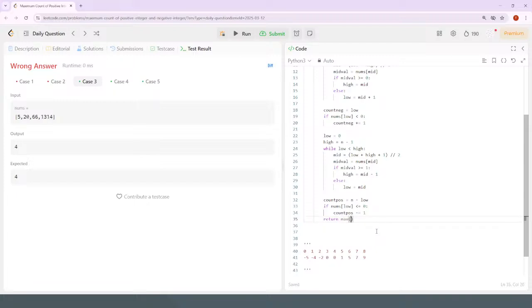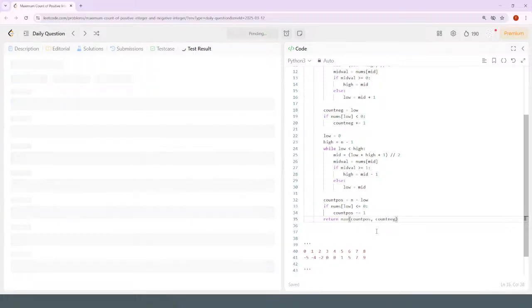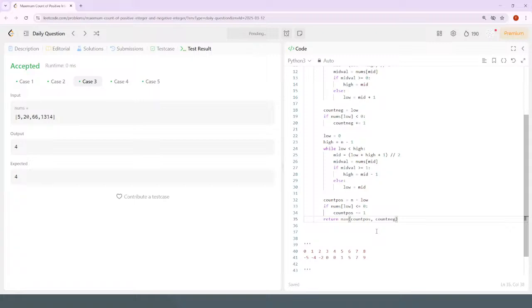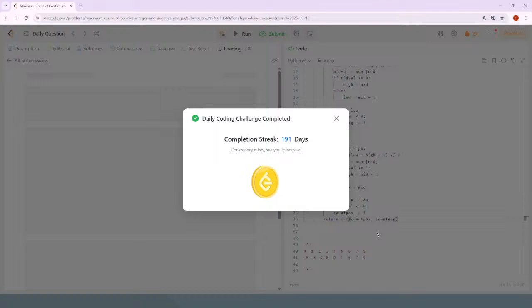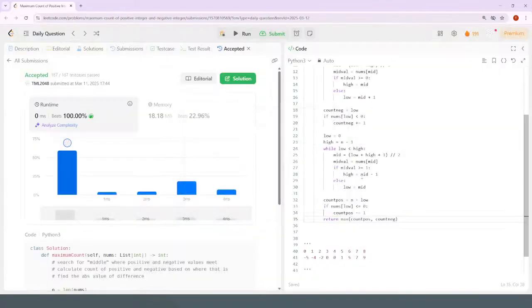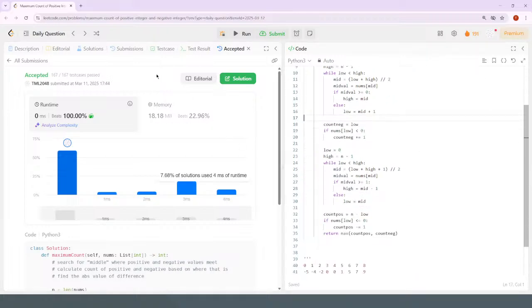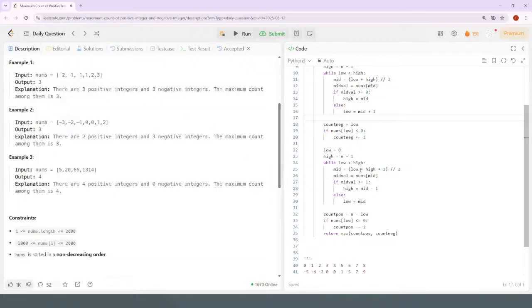Return the max of the count of positives and the count of negatives. Right. Okay, so what I end up doing is